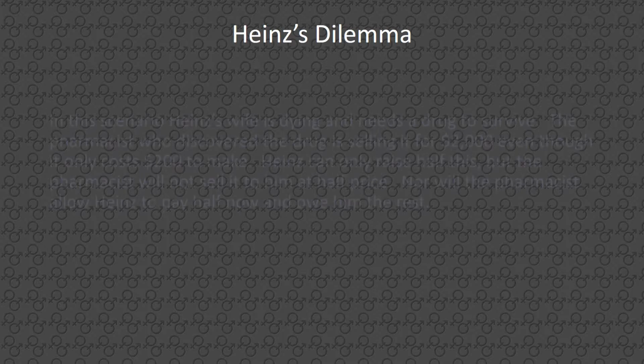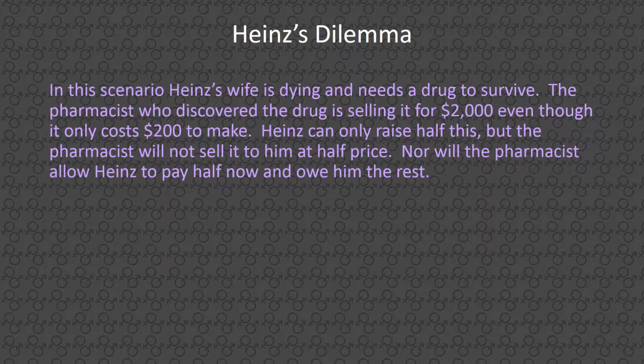Rachels describes Heinz's dilemma, which was one of the moral scenarios the children were asked to evaluate. In this scenario, Heinz's wife is dying and needs a drug to survive. The pharmacist who discovered the drug is selling it for $2,000, even though it only costs $200 to make. Heinz can only raise half this, but the pharmacist will not sell it to him for half price. Nor will the pharmacist allow Heinz to pay half now and owe him the rest. The children were asked to then evaluate whether it would be wrong for Heinz to steal the drug under these